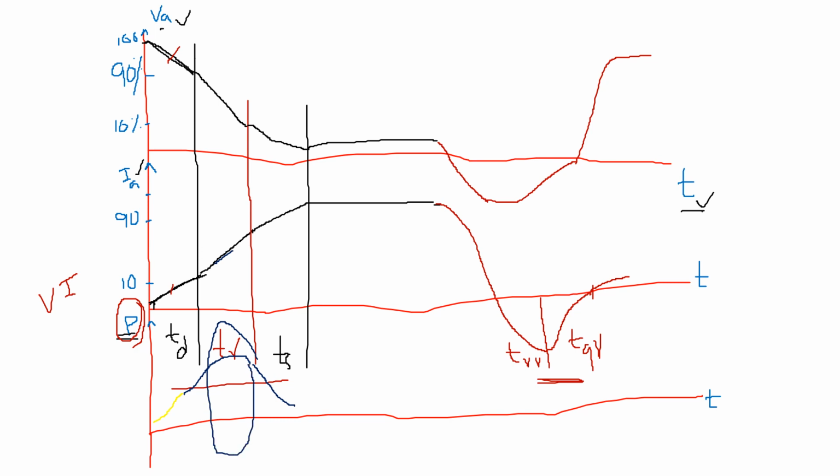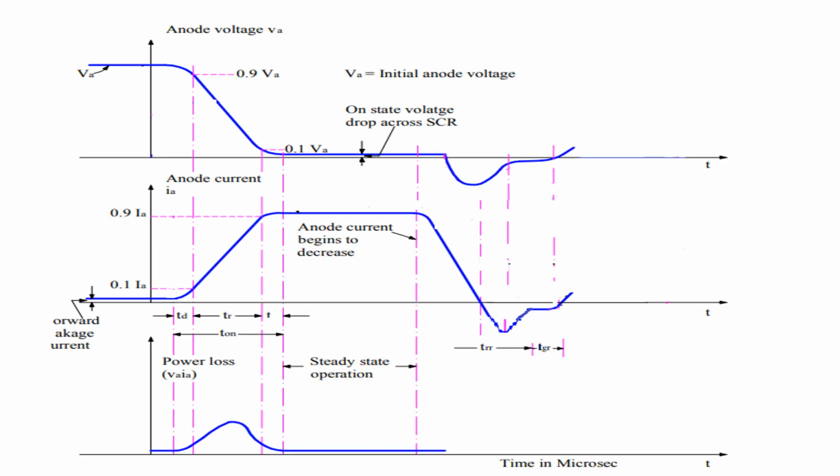That is the concept of dynamic characteristics during turn on and turn off periods of SCR. I think everyone has this doubt, that is why initially we consider voltage is maximum and current is minimum. That is very simple. This is the on time. On time means the time taken by the SCR to change from forward blocking mode to forward conducting mode.